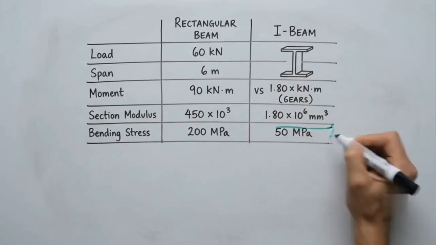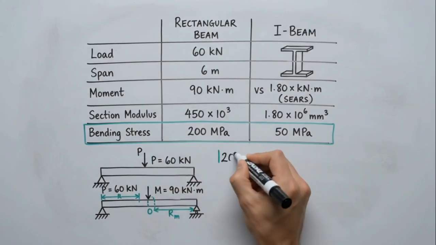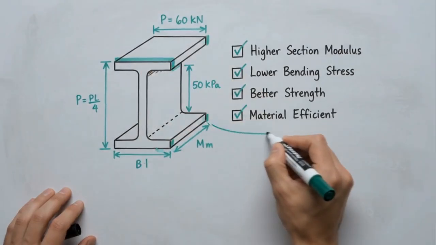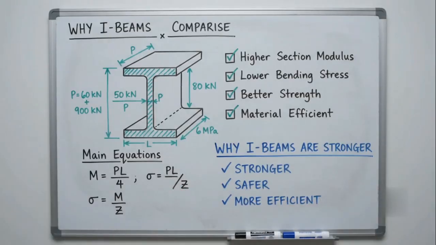Finally, let's compare both beams. Both carry the same 60 kilonewton load and develop the same 90 kilonewton meter bending moment. However, the I-beam's larger section modulus